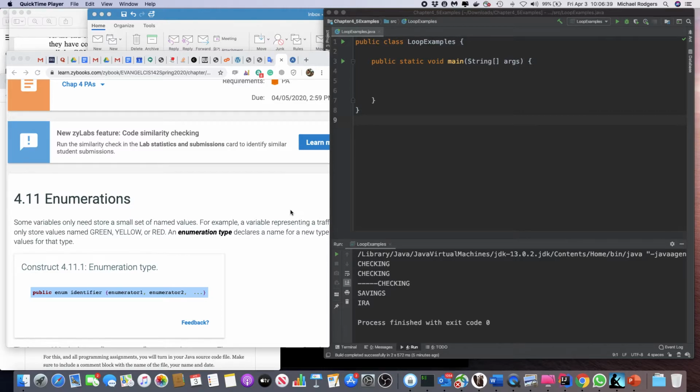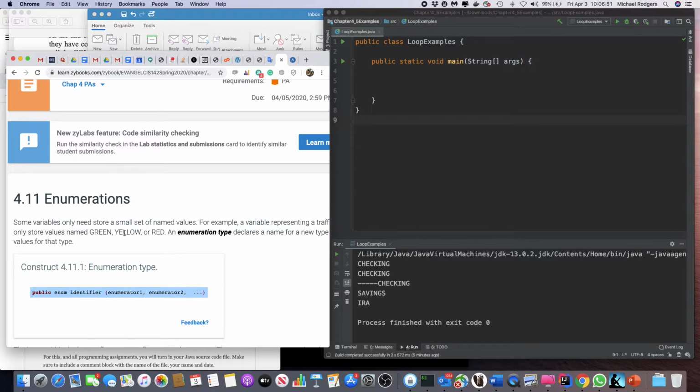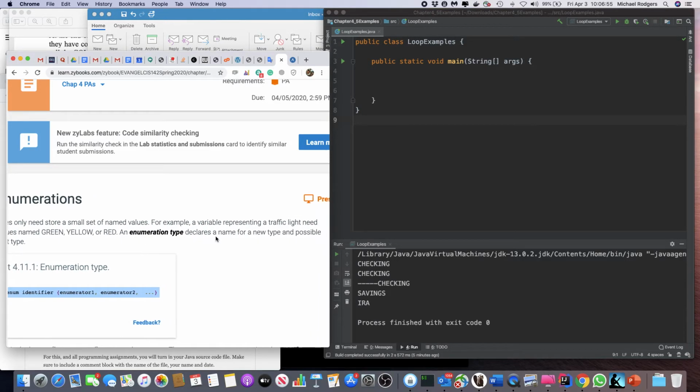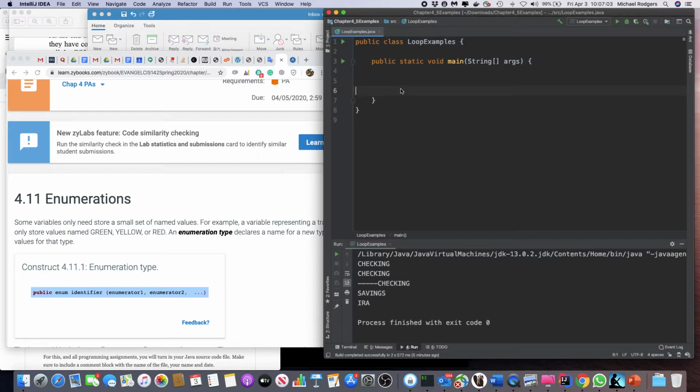I'm going to read to you from 4.1 on enumerations in your zyBooks textbook, and it says some variables only need to store a small set of values. For example, a value representing a traffic light need only store values named green, yellow, or red. An enumeration type declares a name for a new type and possible values for that type. Okay. An enumeration can be a class, and so you could have public enum